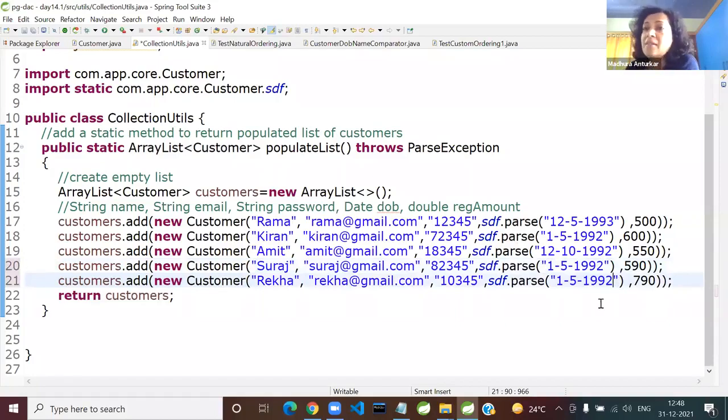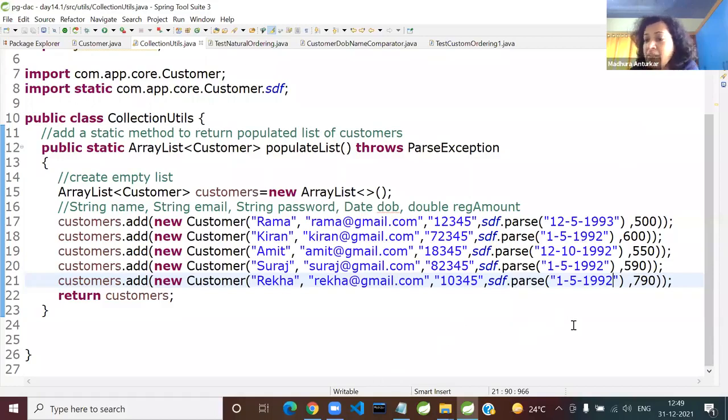Okay, so make 2-3 customers having the same date of birth. So now, what will be the output? What is the expected? Don't run it. First, you guess the output, and then we will run it. So what is it going to be?